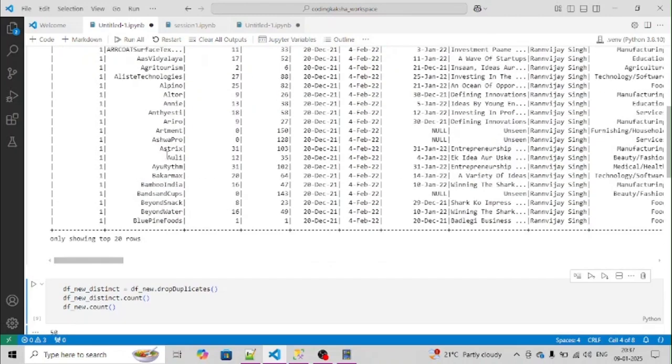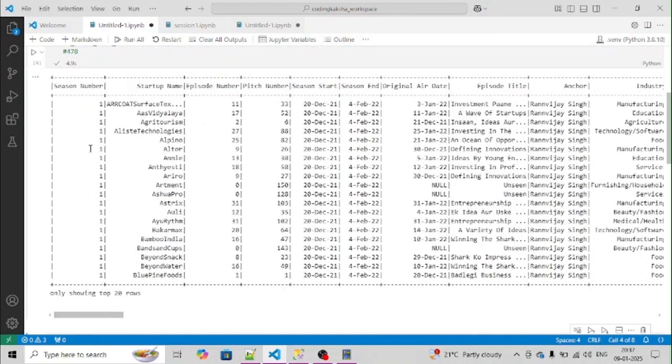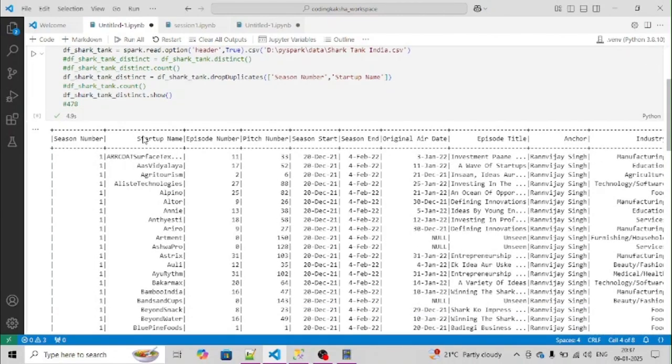So what it is doing is taking the distinct season number as well as the distinct startup name. So we will get results according to that. It is taking the group of columns. So if we have a composite primary key and we want to drop the duplicates on top of that, we can use this drop duplicates function.